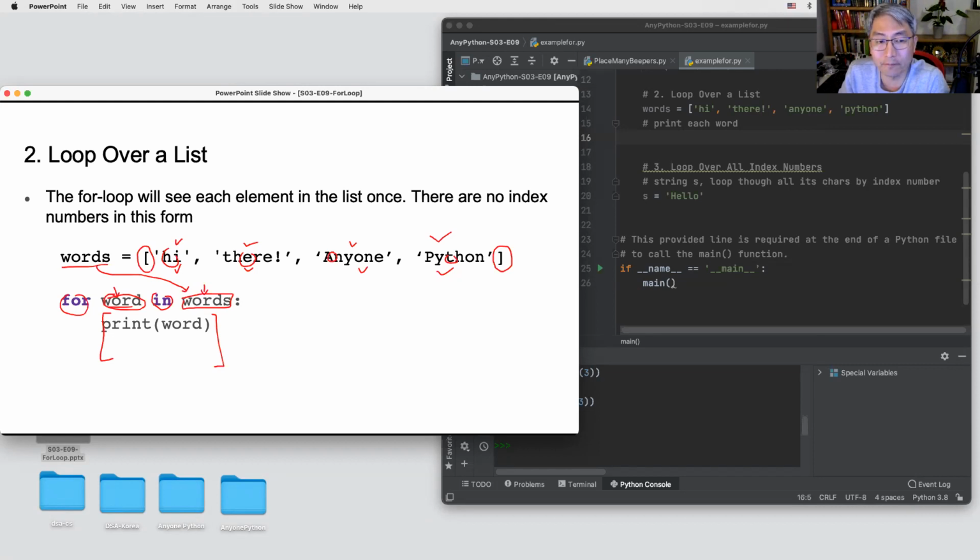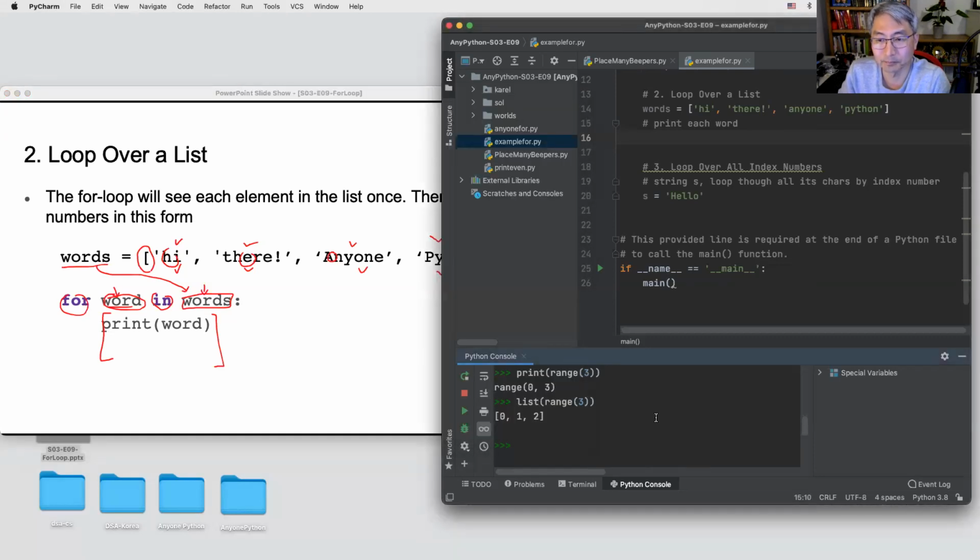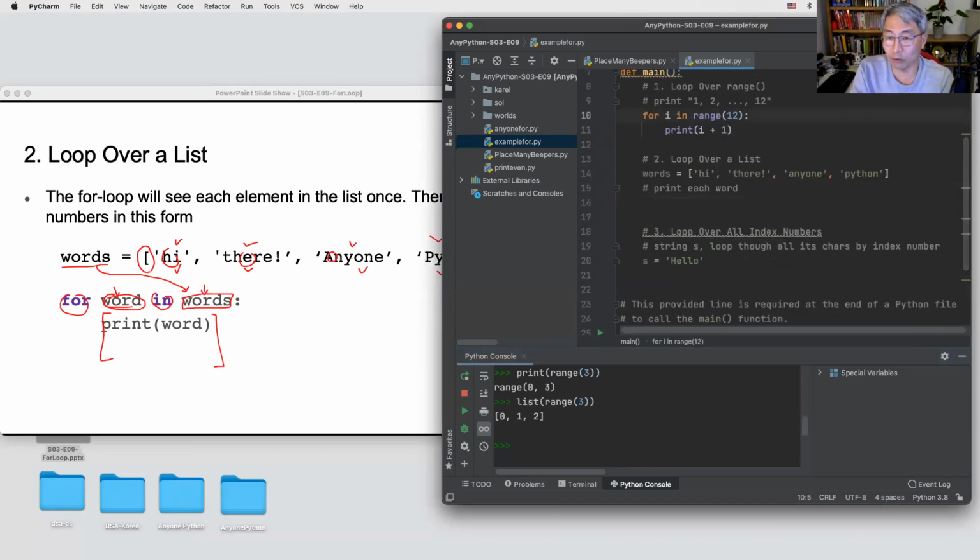If you are done, if you can see each word this time, then please give me a thumbs up. If you don't want to display this, you can comment out the previous one.